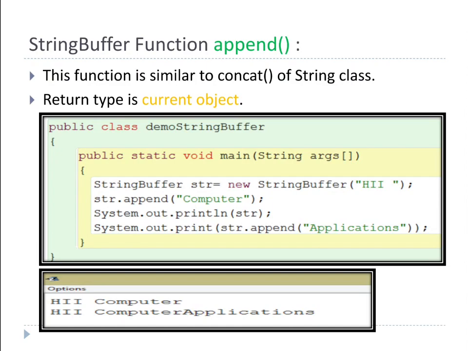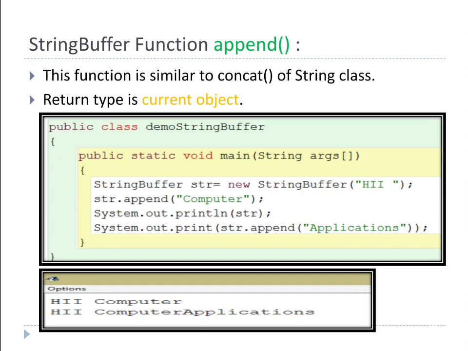And what you have to remember, because string buffer is a class, it deals with objects. And one more thing you have to remember, every function of the string buffer class never returns any primitive data type. It always returns the location of the current object, means the address of the current object, means the current object we are dealing with right now, that object returns back.